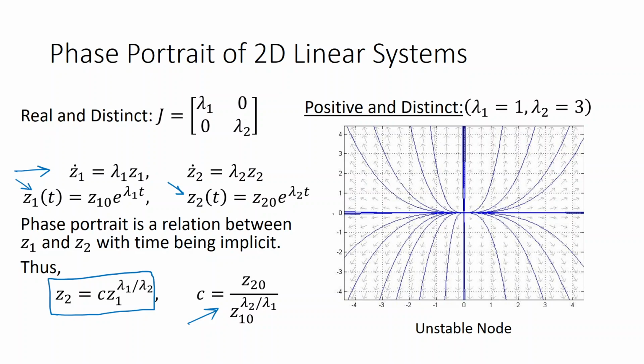Now if the eigenvalues are positive and distinct, then you will observe that if you draw the phase portrait, also from these equations, if you do some analysis, your system will always move away from the origin. The system has a behavior which is moving away from the origin. You can see these small arrows, these are the vector fields. You can see all the vector fields are pointing away from the equilibrium point. So these trajectories have arrows on them like this,